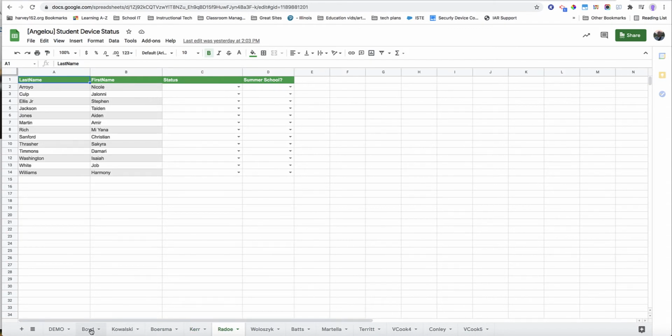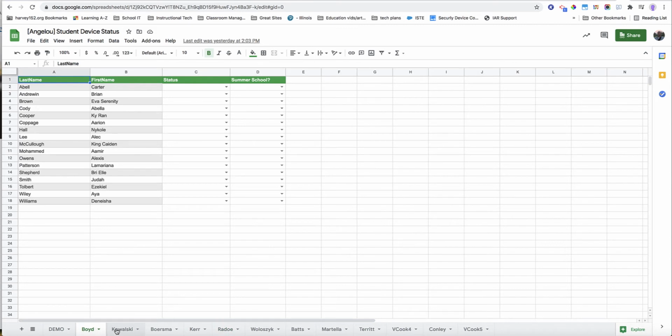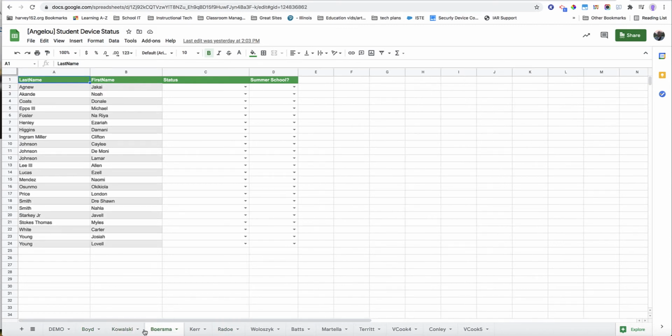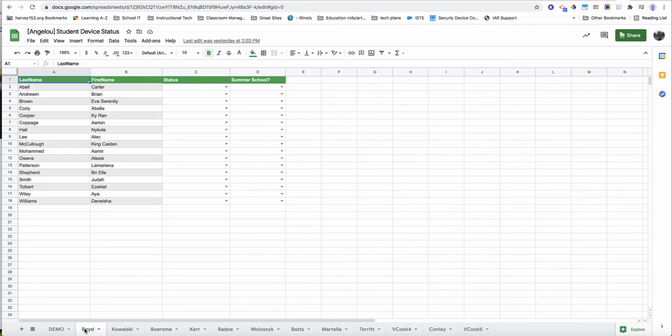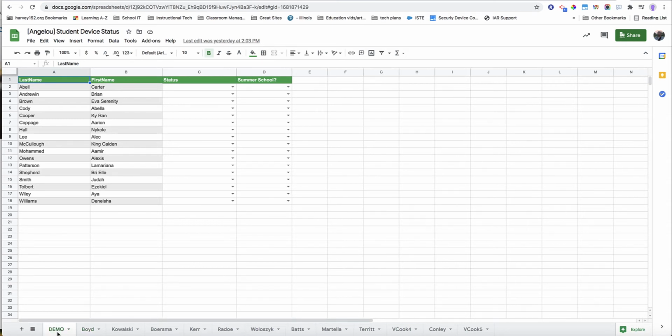The first very important thing that I have to stress is please do not edit anybody else's tab. If you're coming in here to work in this spreadsheet, make sure that you are in the correct tab. So find your name at the bottom and make sure that you are in the correct tab. That is extremely important. Okay, so moving on then, I'm going to work in this demo tab so that I